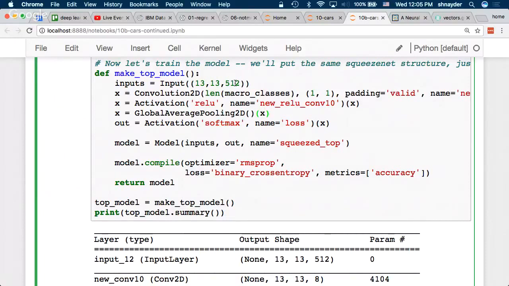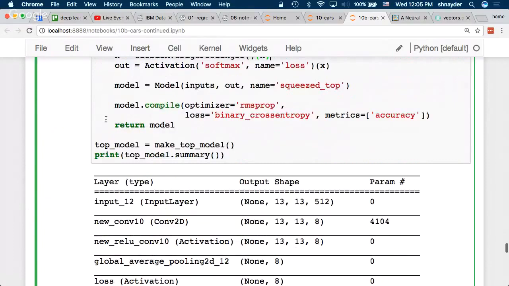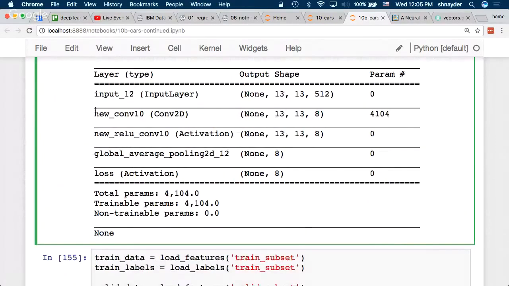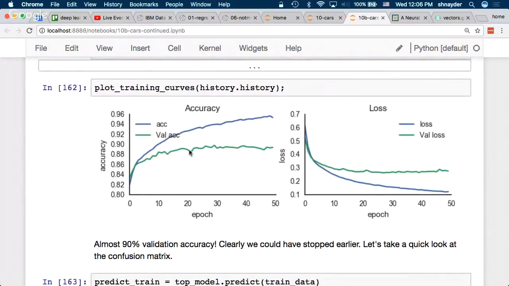The benefit is you can deal with different size images because all your convolutions can slide across any size image, and in the end, you just average across the space dimension. And so that's why people use this approach. Stick it together with those same inputs. Only has 4,000 parameters to train. That's good. We like that. And there we go. Out of the box, 88% or so, 90% validation accuracy.